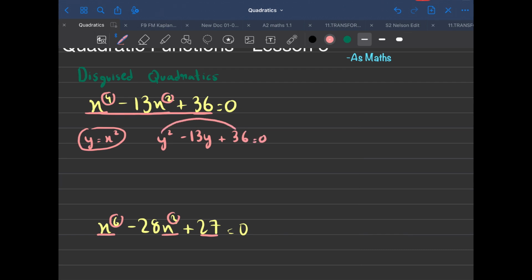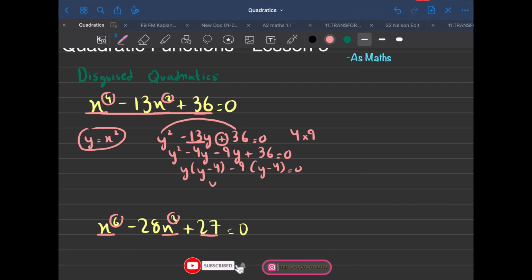Now, 1 into 36 becomes what? 36. What are the factors of 36 that add up and make minus 13? So 4 into 9. Let's use that. y squared minus 4y minus 9y plus 36 is equal to 0. Take y common, y minus 4. Take minus 9 common, y minus 4. So what's the answer of y? It's going to be y is equal to 4, and